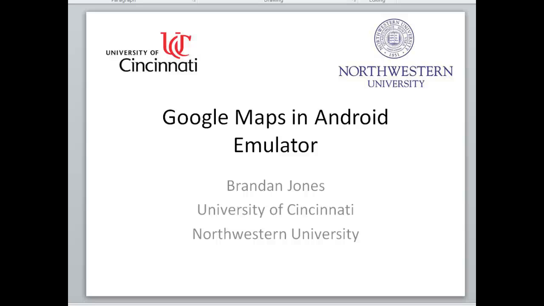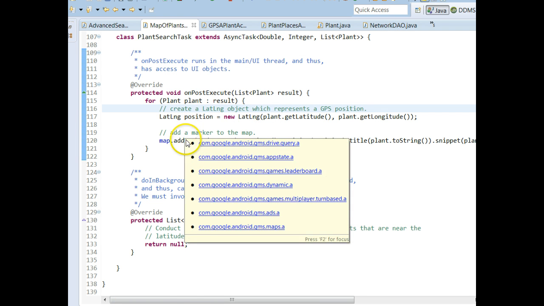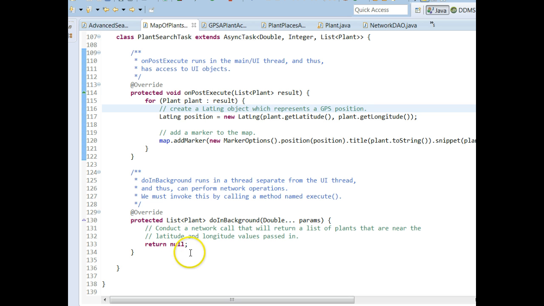This is the fifth video in our series on using Google Maps in the Android emulator with JSON. In the previous video, we put markers on the map, but we did not fill it in with data yet. So we simply added the marker, but we've left the doInBackground method empty. The doInBackground method is where we're actually going to do our JSON call, and that's what we're going to work